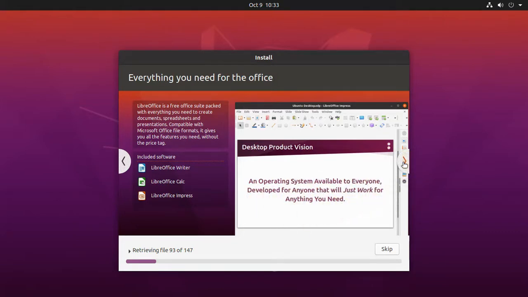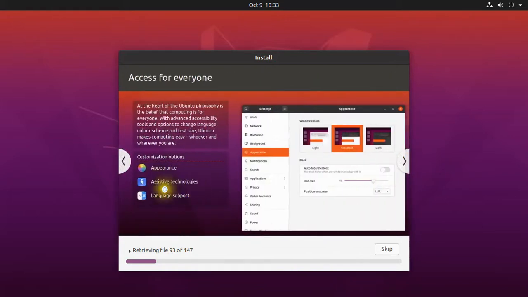And here once again you can access it for everyone, like you can change appearance, we have assistive technologies, and language support. So we will be seeing in detail, we will be doing a complete study about this operating system in my next video once this installation is done, because it may take some time.